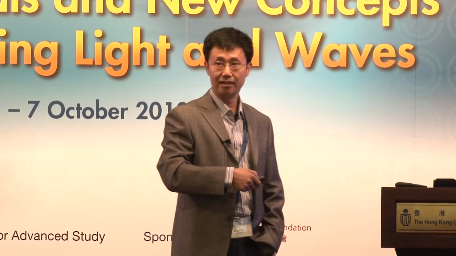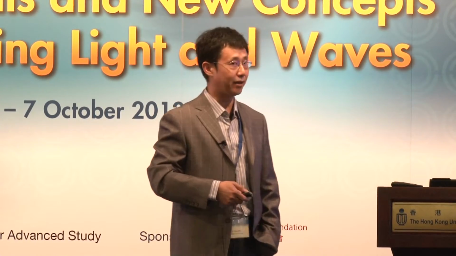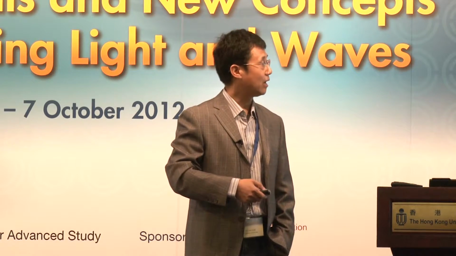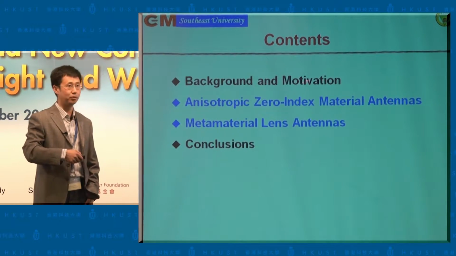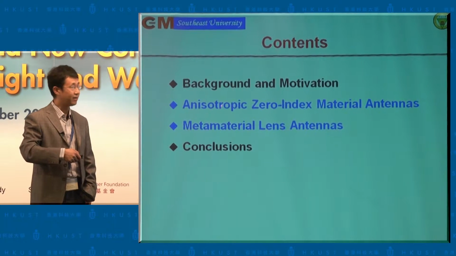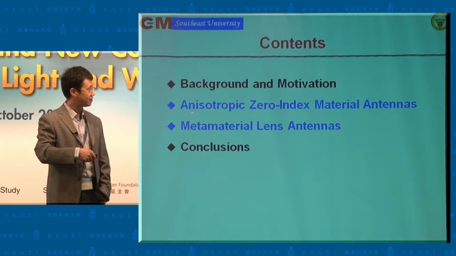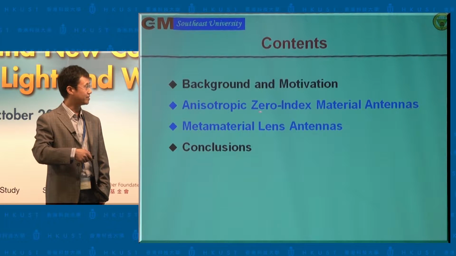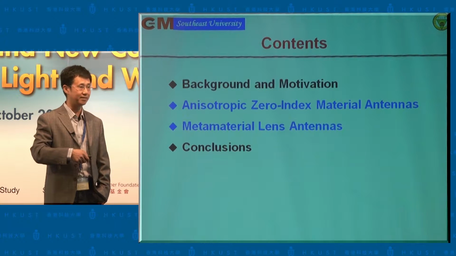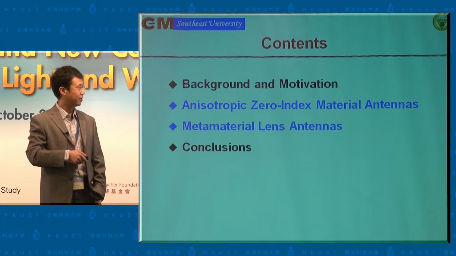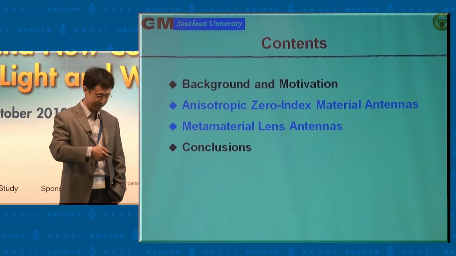I want to speak about microwave metamaterial antennas. I will give background and motivation on this topic, and then I will mainly introduce two types of metamaterial antennas. The first is anisotropic zero-index metamaterial antennas, and the second is a metamaterial lens antenna, followed by the